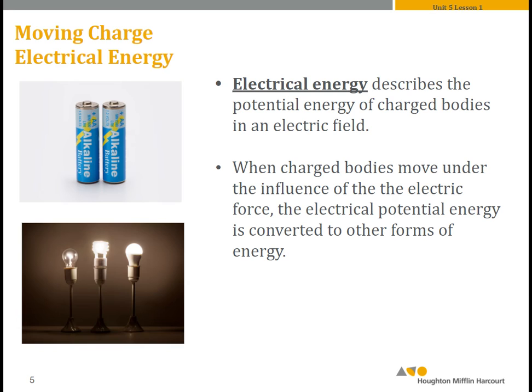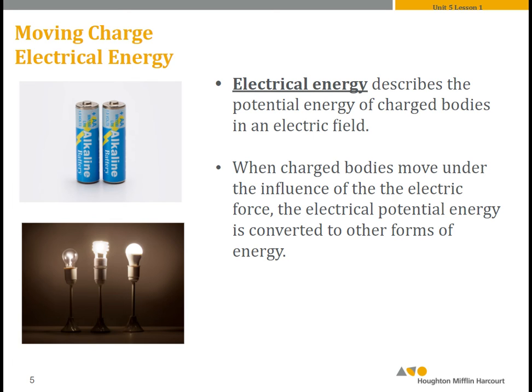When charged bodies move like this under the influence of electric force, and we know electric force is just that attraction and repulsion between positively and negatively charged objects, repulsion between similarly charged objects, and attraction between oppositely charged objects, then since this is something that initiates movement, that means that there's electrical energy there,